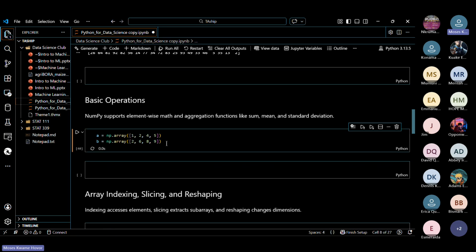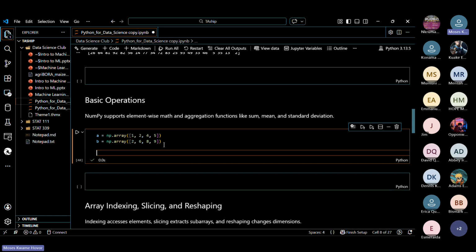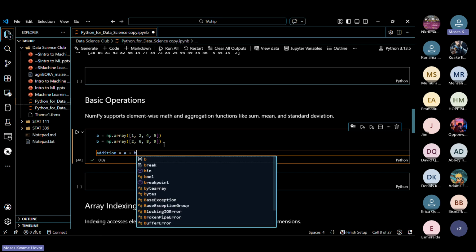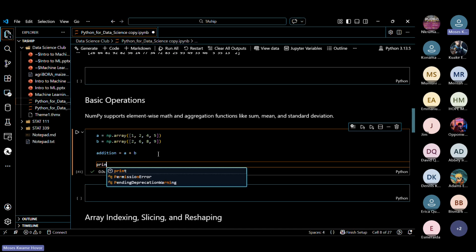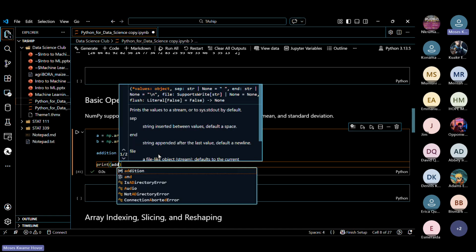So now we have these two one-dimension vectors. Assume I want to add them, let's see how NumPy adds two vectors. So I'm going to call it addition. It's going to be A plus B. Let's see how it did the calculation. So we call addition.